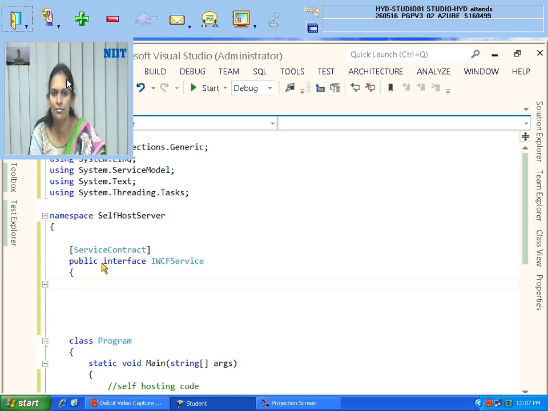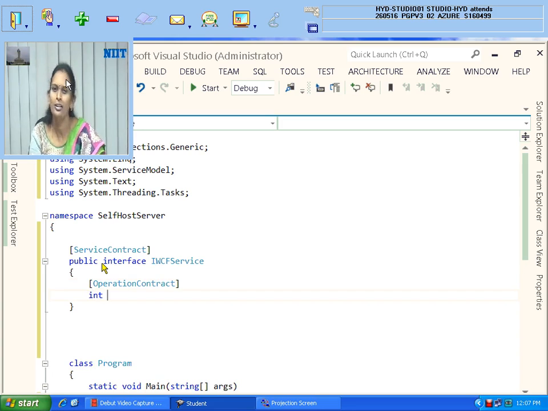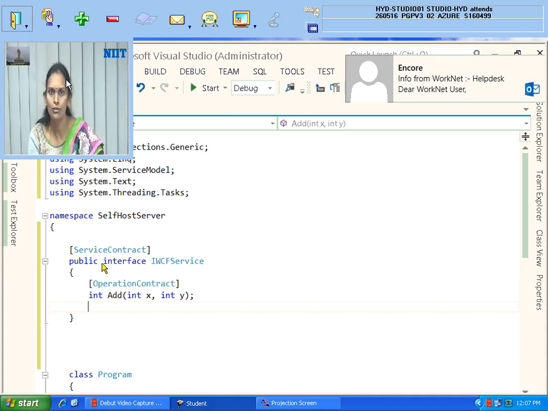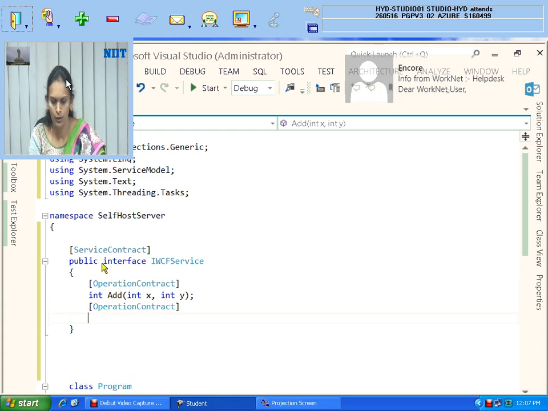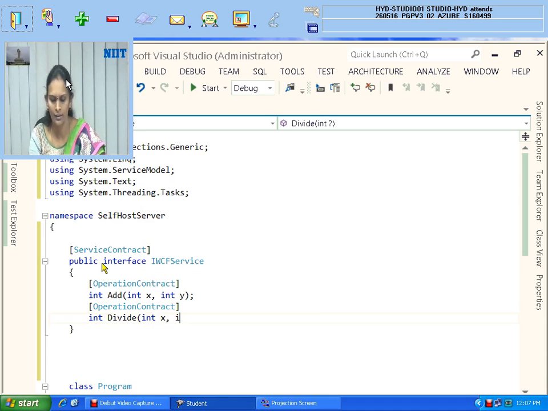I means interface. Here I am saying operation contract on these simple functions I am writing, so don't get confused. You can give whatever you like, even very big functions, but you need to know the methodology. Here we are not learning C# console application programming, we are not learning that. Here we learn the methodology, how you need to do it. So again operation contract. So int divide, int x comma int y. There are two functions I have created and the interface is finished.